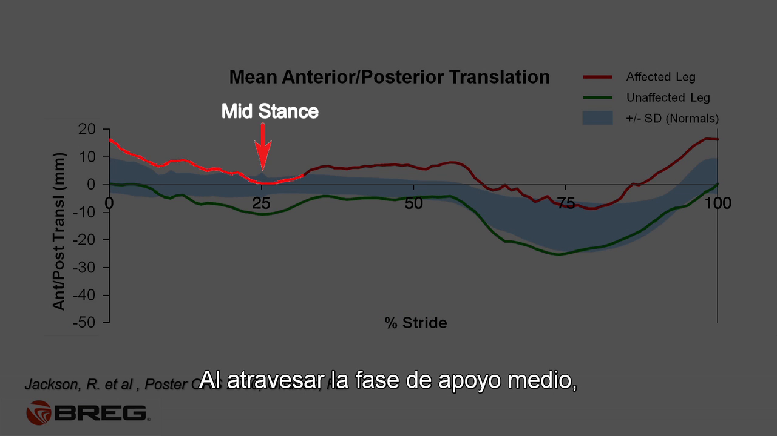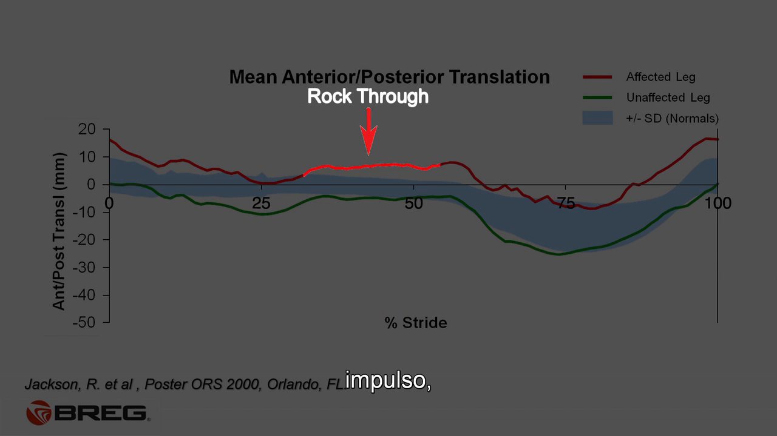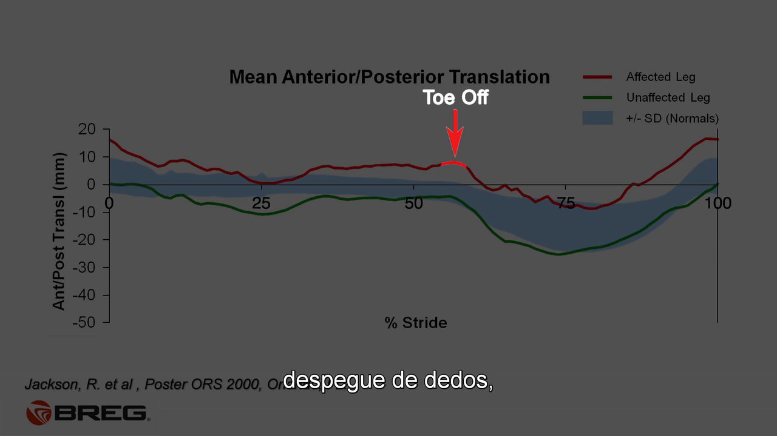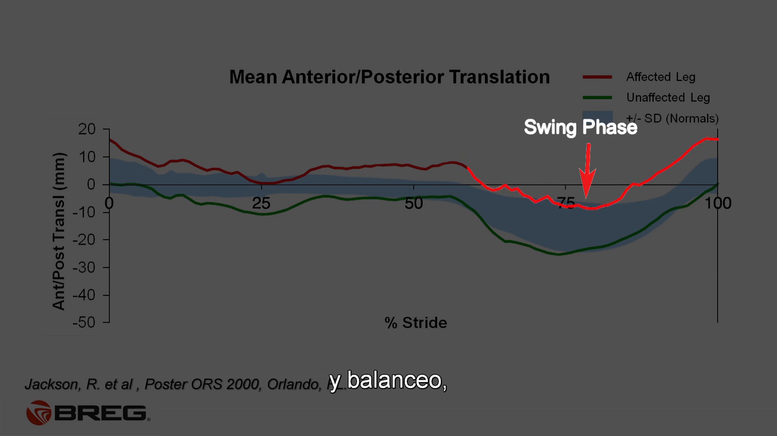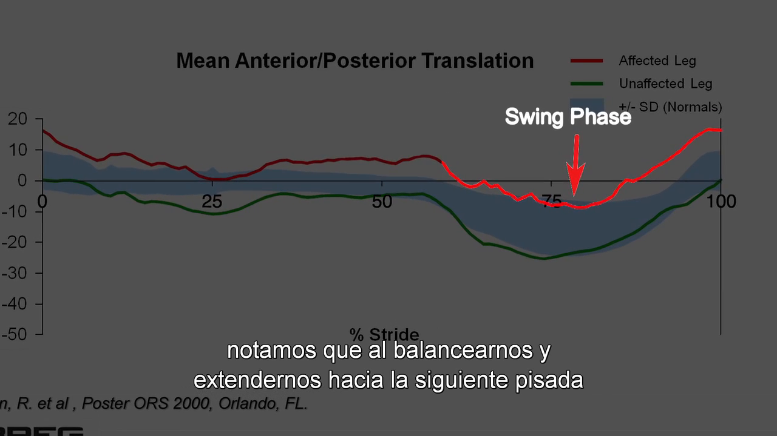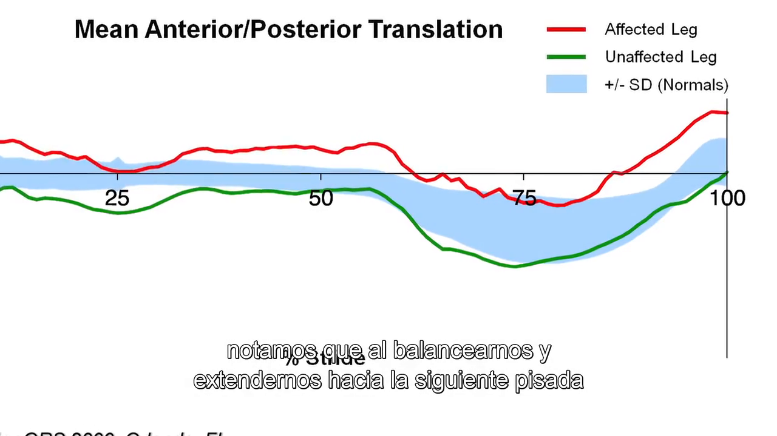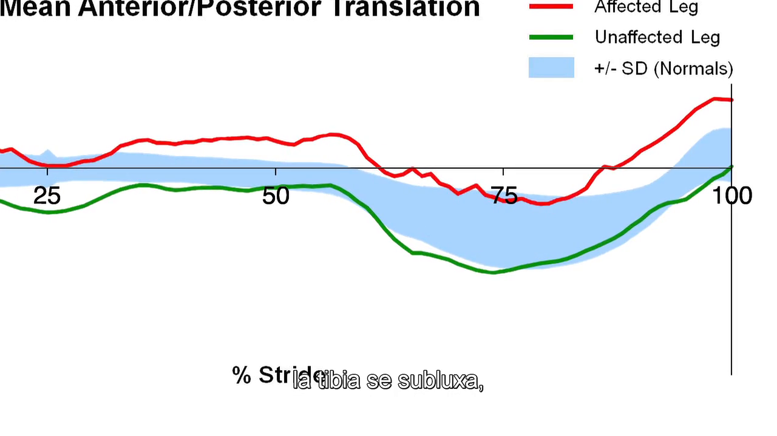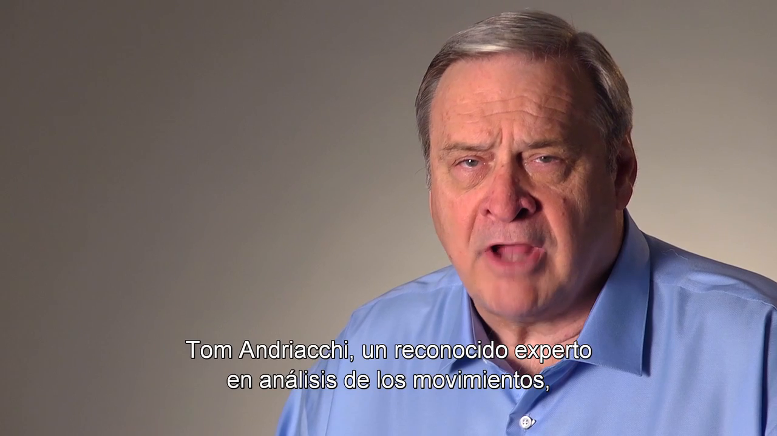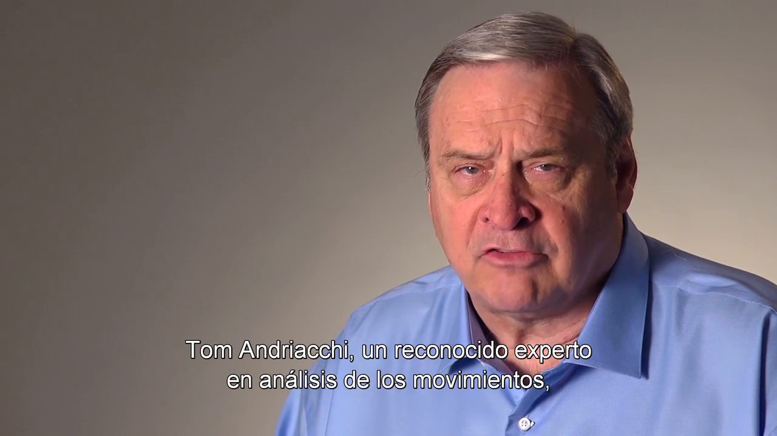As we go through mid-stance, rock through, toe off, and swing phase, we note that as we swing and extend toward the next foot strike, the tibia subluxes. Tom Andriacchi, a well-known motion analysis expert,